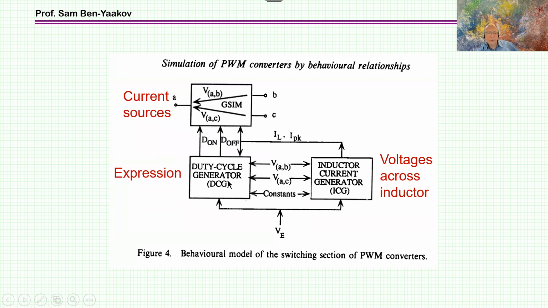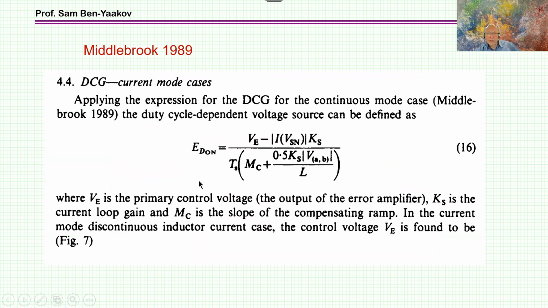It could be a simple PWM converter, or it could be a peak current mode. In order to simulate something like that in the average modeling that I'm showing here, all you need is the expression for this thing. You need the equation that relates these parameters, VE, the inductor current, and produces the duty cycle. It is an intricate mechanism that is doing it, but luckily, Professor Middlebrook,